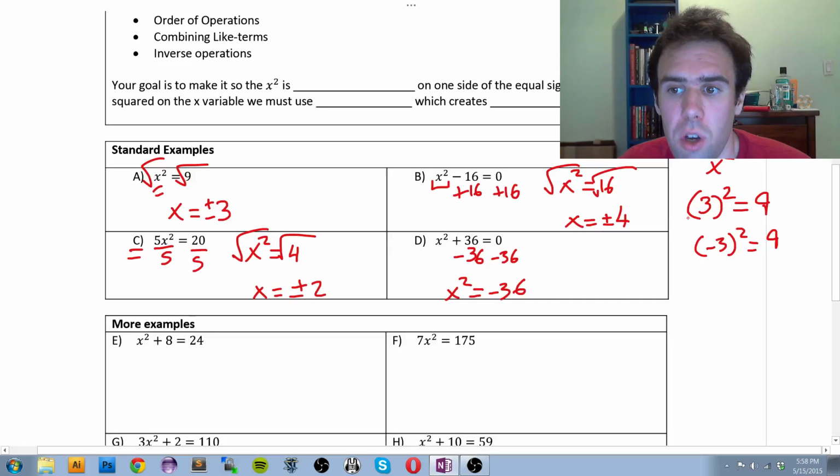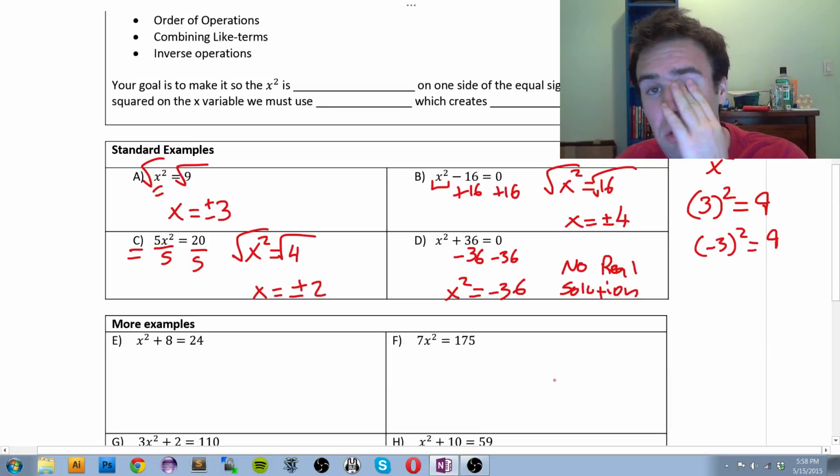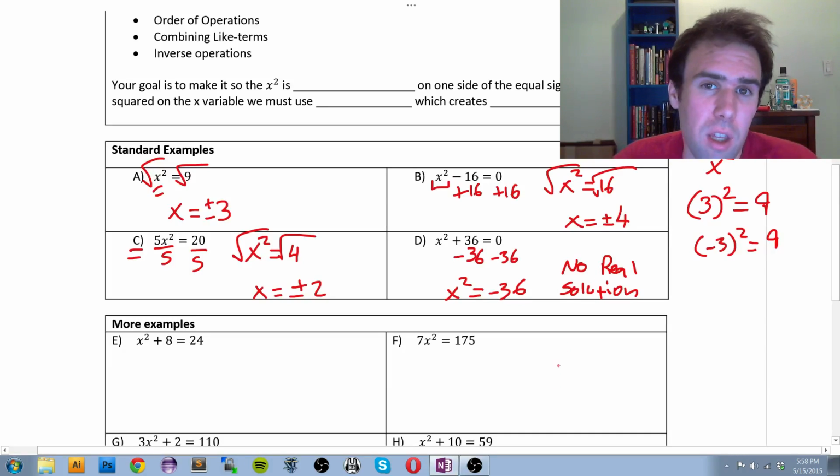It seems as though if I choose a positive or a negative and I square it, I'm going to get a positive number regardless. So in this situation, we would say that there is no solution. If you wanted to be precise, you would say that there's no real solution, because in the future you'll take